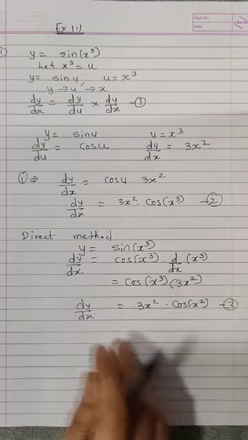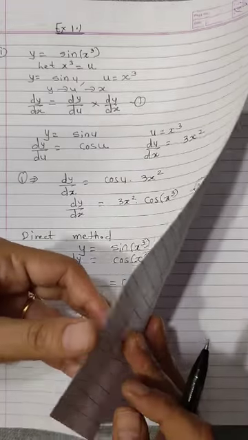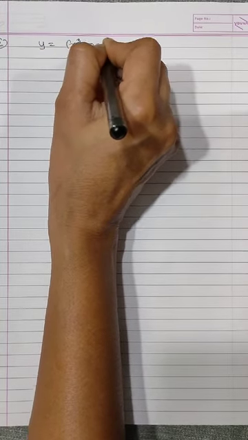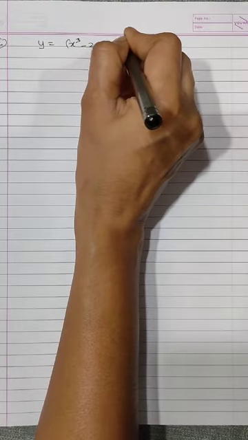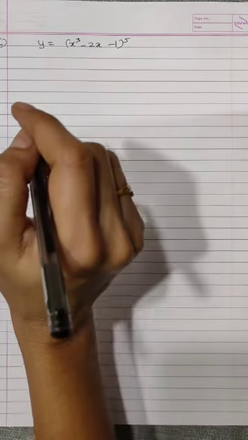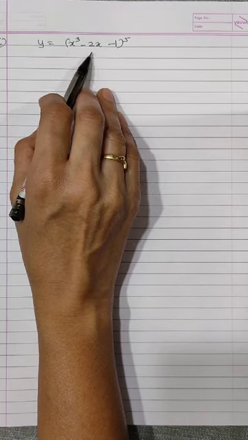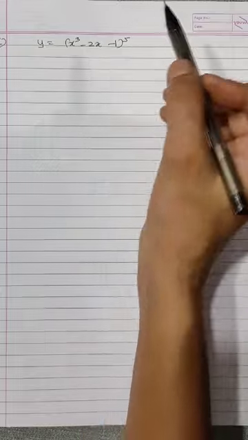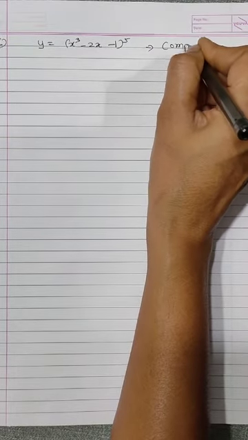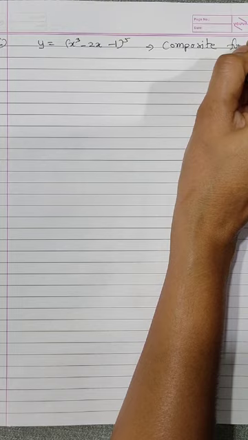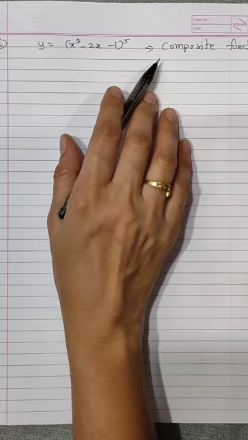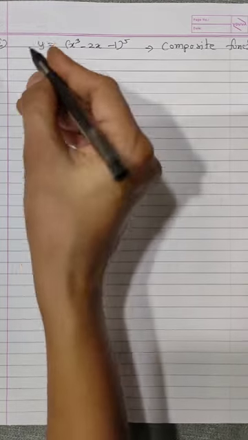Now the next example I will take for chain rule is, consider y equal to x cube minus 2x minus 1 raised to 5. Now here the function is not x, it is other than x, so we say it is a composite function. Now composite function, therefore we have to apply chain rule. Now see students how we will apply.